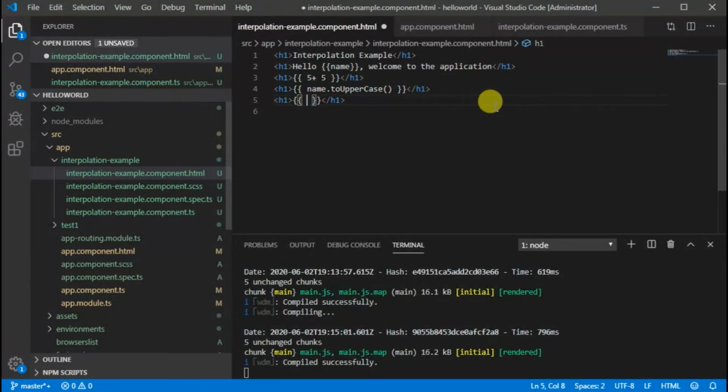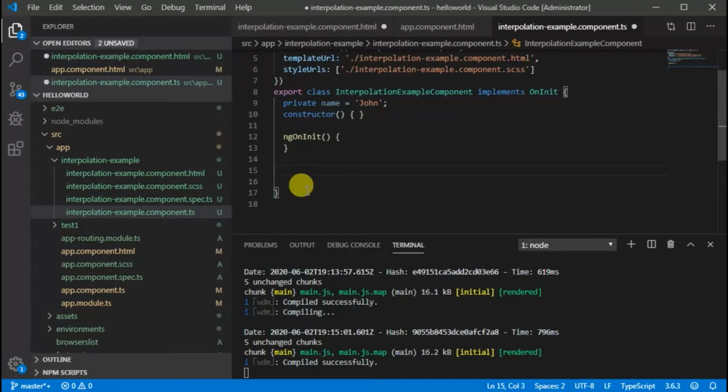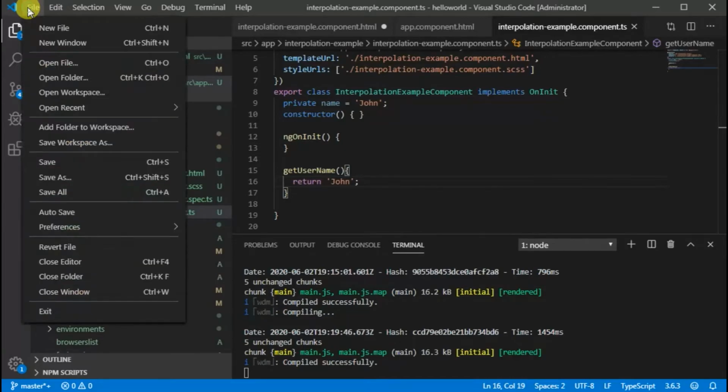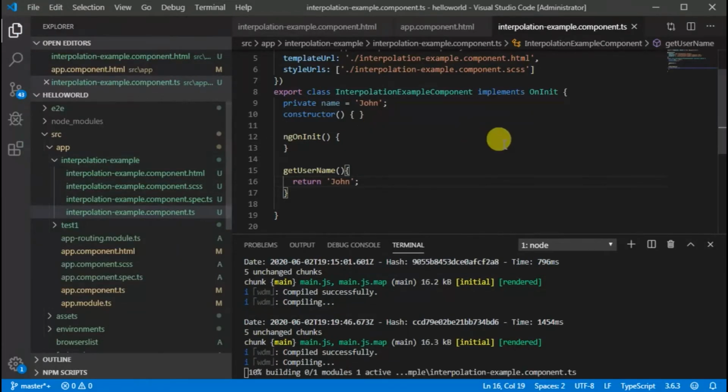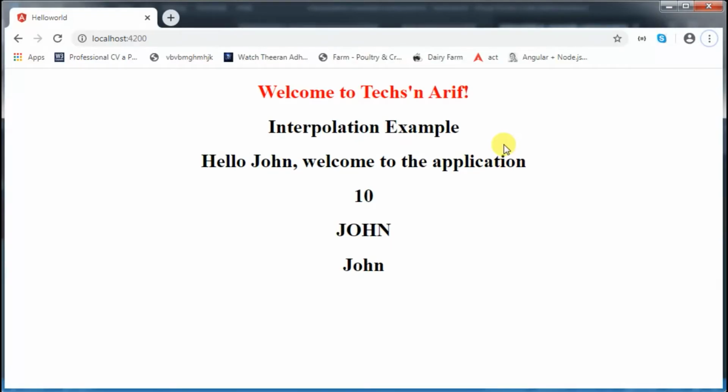So I am going to get the logged in username using a JavaScript method. So in the component.ts file, we will declare the method and return the name value. Let's save the changes and head back to the browser. Right, that is also verified.